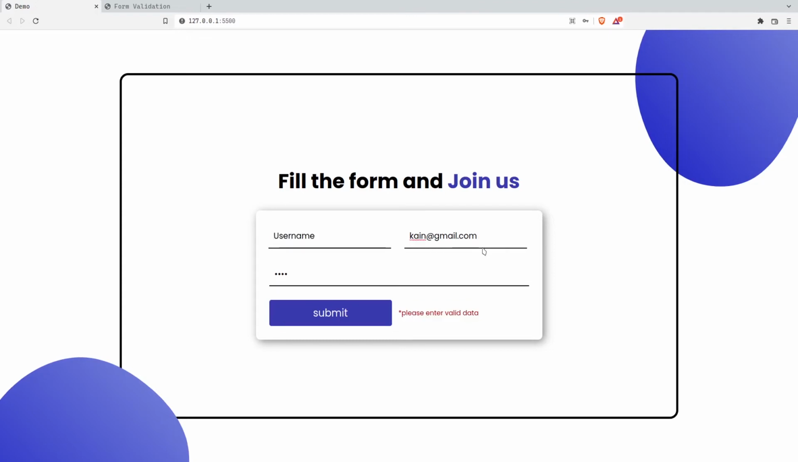If I try to leave this field blank and add some value here, you can see that this is the custom error message from the HTML. Okay, and if I add some value here and leave this password field blank, you can see that it says please enter password. This is the form validation, and when everything was correct, my form was submitted,